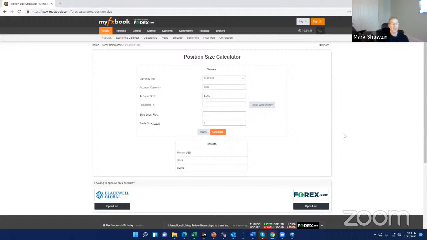And also, this is where you put your risk. So if you want to assign a risk, you would express it as 0.5. That's 0.5%, 1/2 of 1%. So literally you could have 10 losing trades in a row and lose only 5% of your account, lose $250 of your $5,000 account.